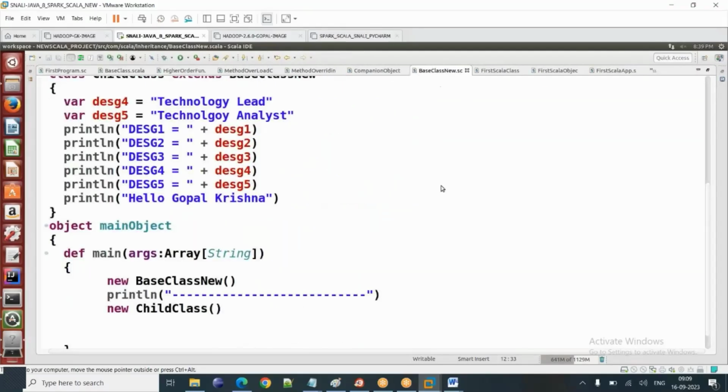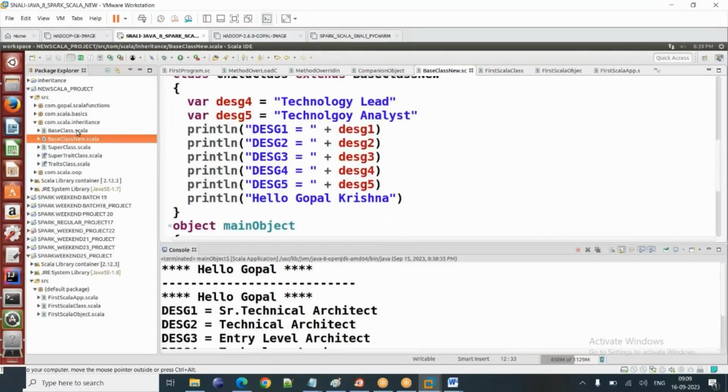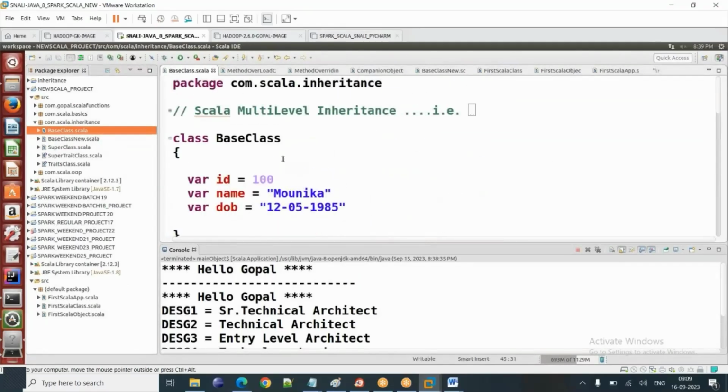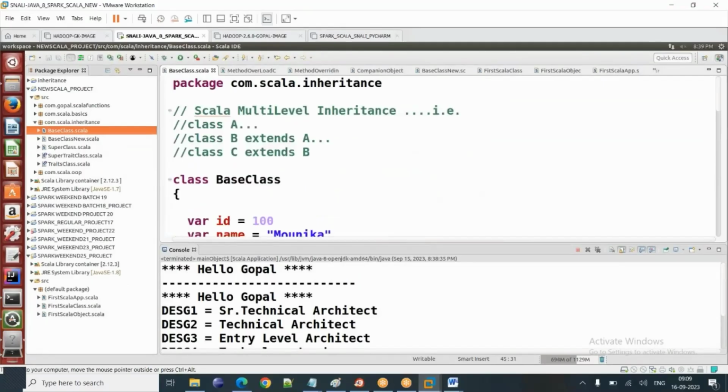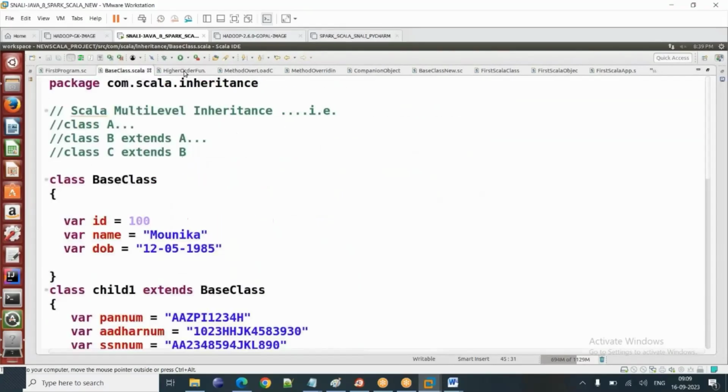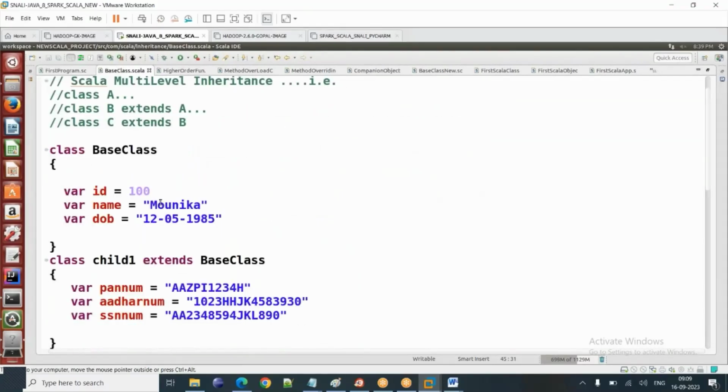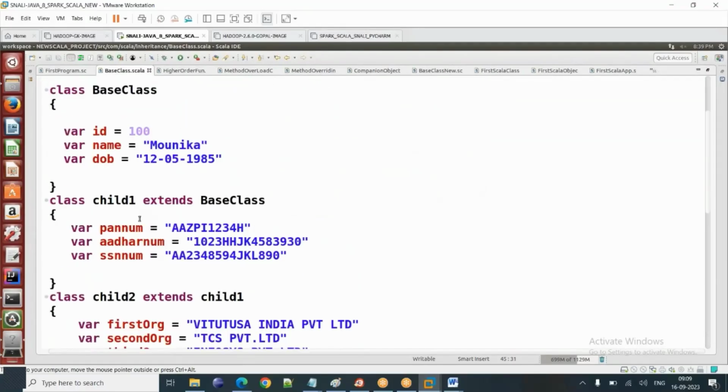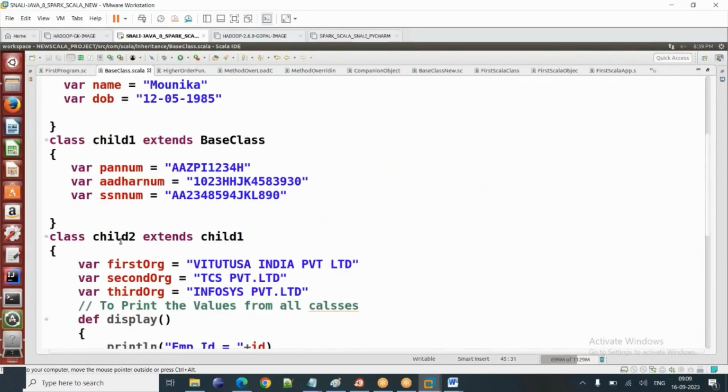Next, we will go to multi-level inheritance. For that, let me open this program. Use the same thing, multi-level inheritance, meaning A, B, C. Class C extends B, again class B extends A, something like multi-level. Almost similar concept only. In the first class, we are only defining the ID, name, date of birth. In child class 1, we are defining PAN number, Aadhaar number, SSN number, social security number. Third class, child class 2, extends child class 1 only,